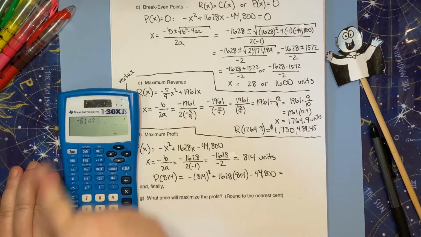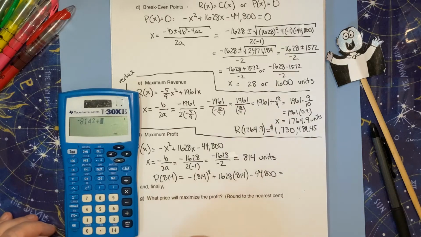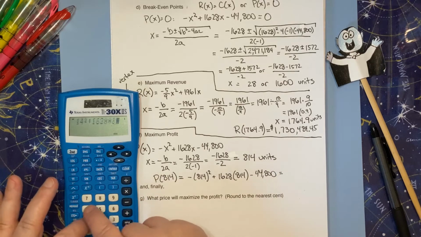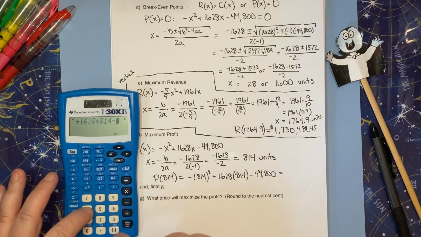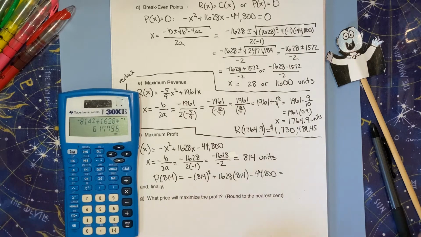Okay, so the opposite of 814 squared. Notice that I can just type that in. My calculator understands order of operations. Plus 1628 times 814 minus 44,800, and I get